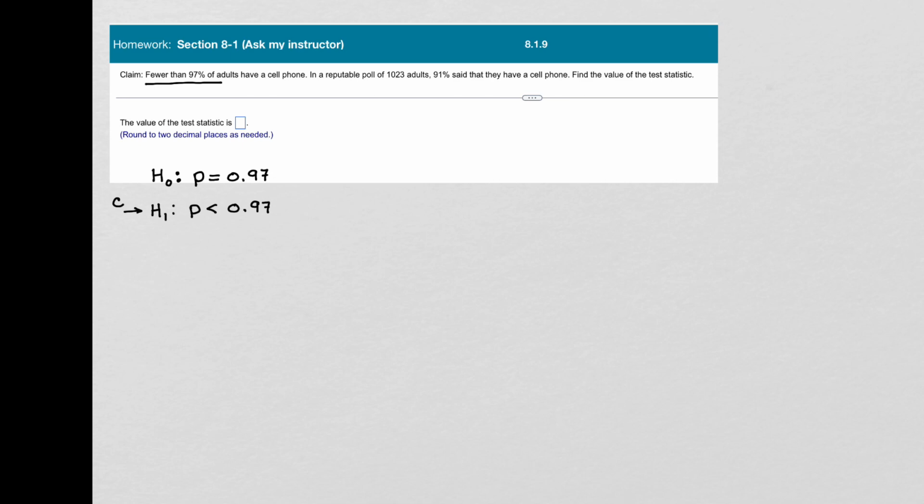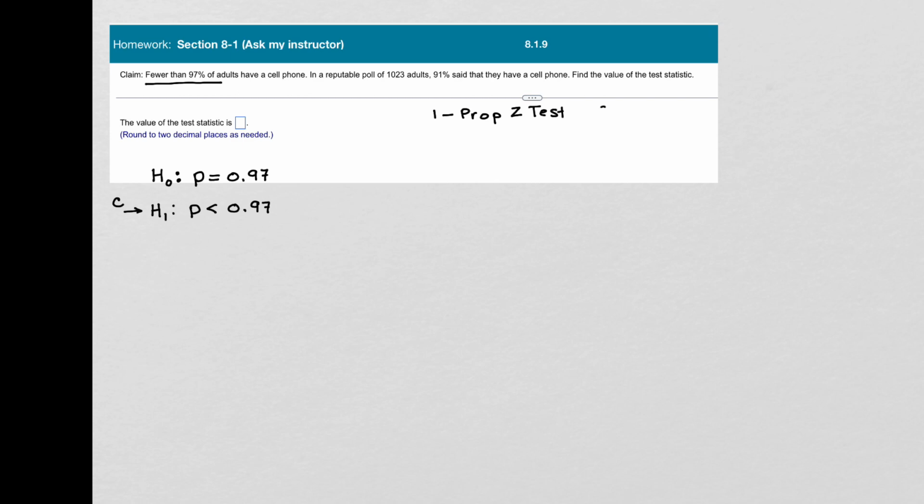And we can see that the claim is the alternative hypothesis. That's not important in this particular problem, but it's a good idea to always identify which is the claim, the null or the alternative. So, to find the test statistic, because this is about one proportion, we're going to use one prop z-test,